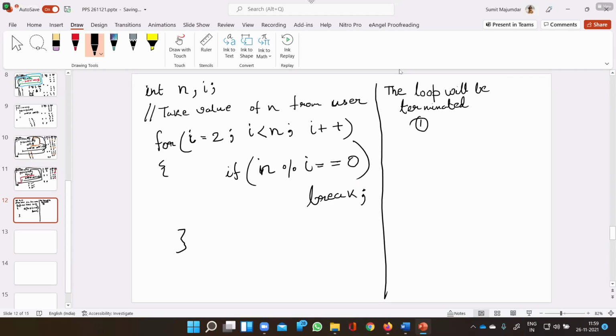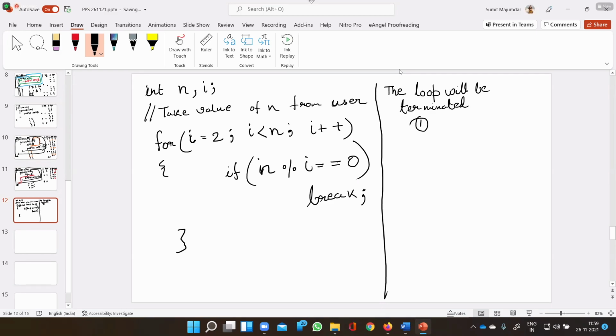Sir, if this is a code for the prime number, then why are we running the loop until n? We should do it up to the square root of n. Yeah, we can do that, but let me start with the easier one, and then we will go for the complicated solutions.